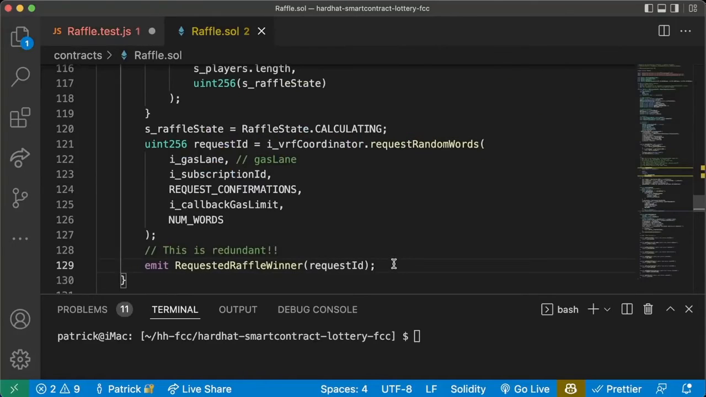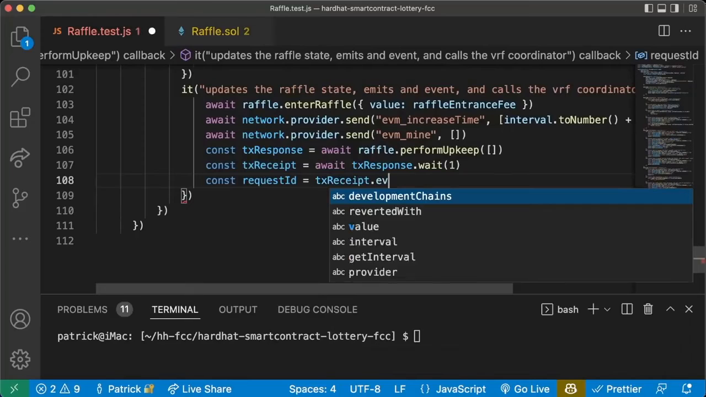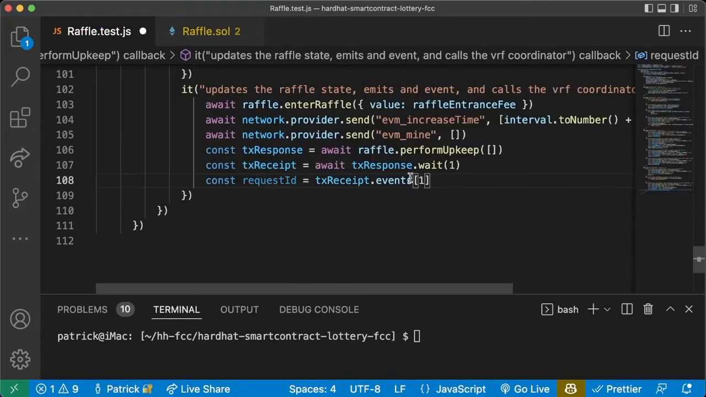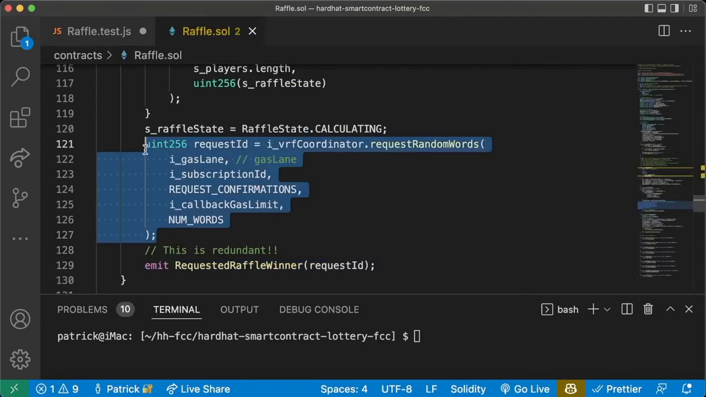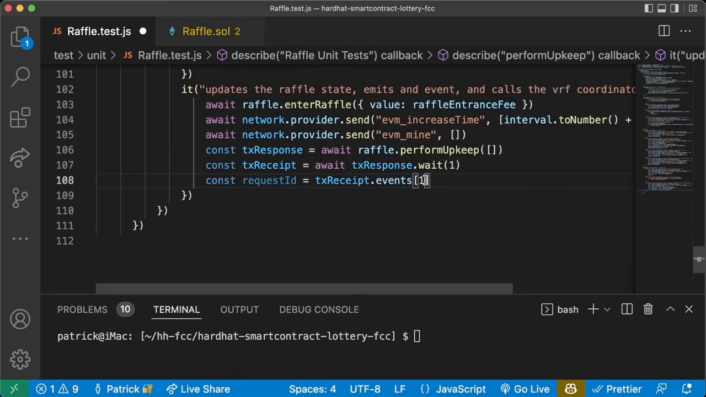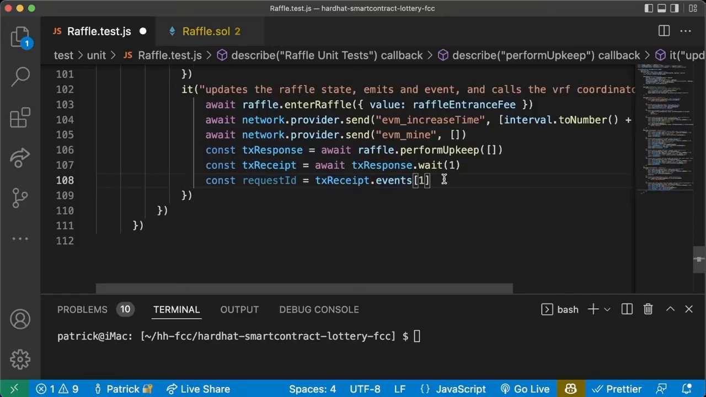But if you want to go back and refactor this, you would definitely want to remove this emit. But for this test, let's do tx receipt dot events. And this is going to be the first event instead of the 0th event, because before this event gets emitted, this function is going to emit an event. So instead of the 0th event, this is the first event that gets emitted after this one. So tx receipts.events of